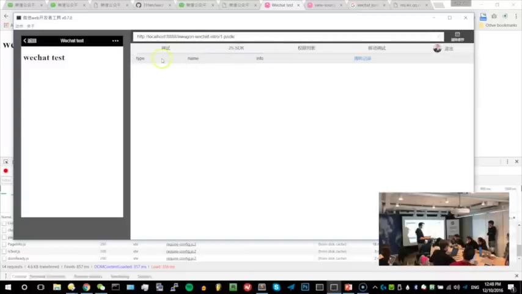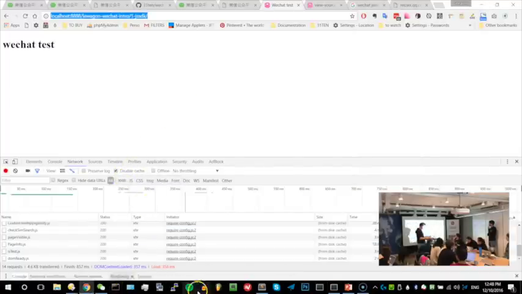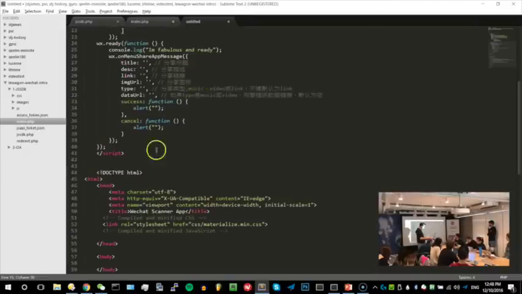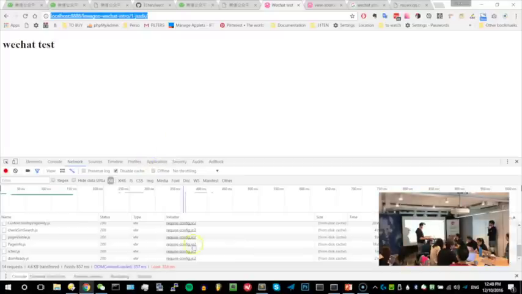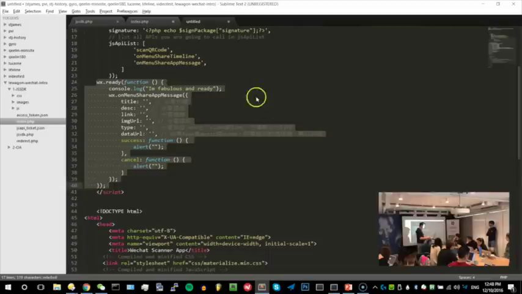The most important and interesting thing is this second tab, JS-SDK, which gives you the logs of how we communicate with WeChat. This is critical information. Now let's add a chunk of code to actually use those functionalities. We logged and gave all the information to WeChat, so now let's use the functionality.